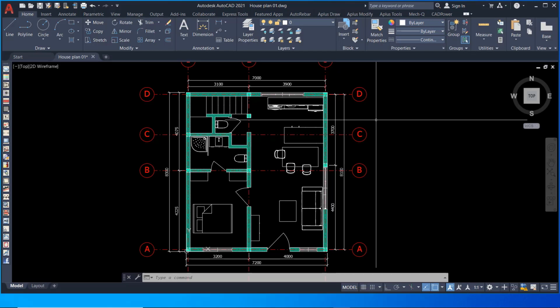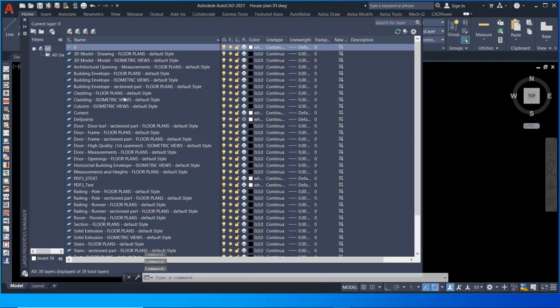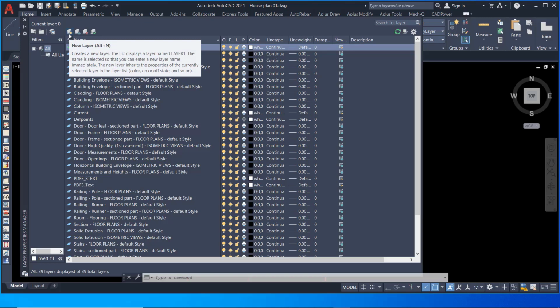Prior to that, I'll show you how we can redefine the layers that we will find necessary to work with. So let me first of all take you back to layers properties. You can see we have all these in place. All these are not necessary. So number one, we have to redefine or put in what we really need. And to put what you really need, we'll have to create new layers